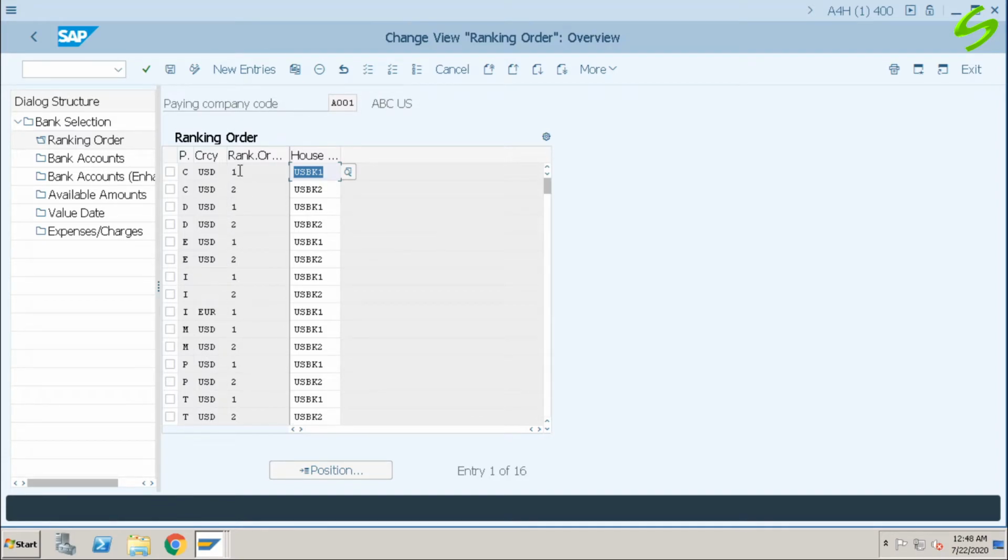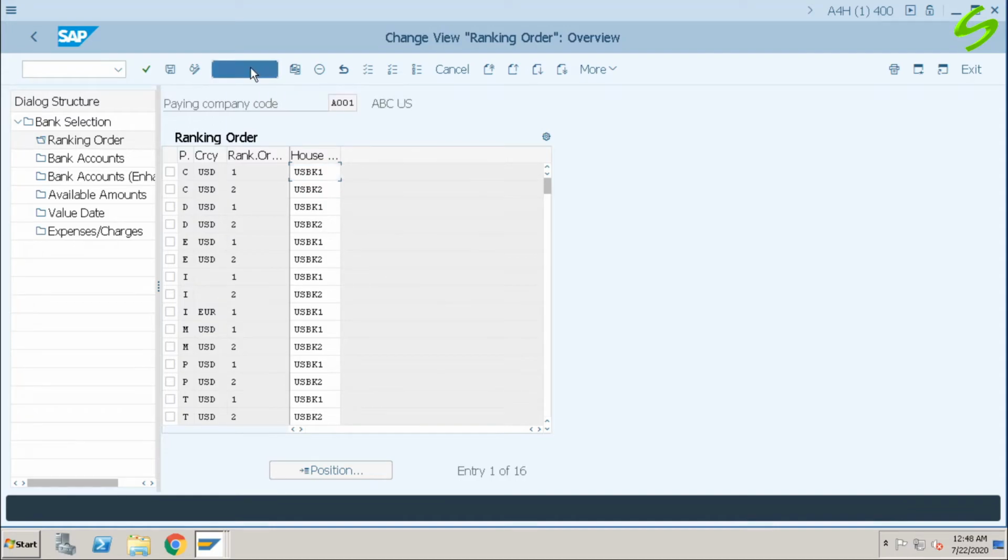Under ranking order, you have to specify which bank we want the system to use first in an order 1, 2, 3. System will check if it can make the payment using the bank in order number 1. If it is not possible, it goes to order number 2, 3 and 4, like that.